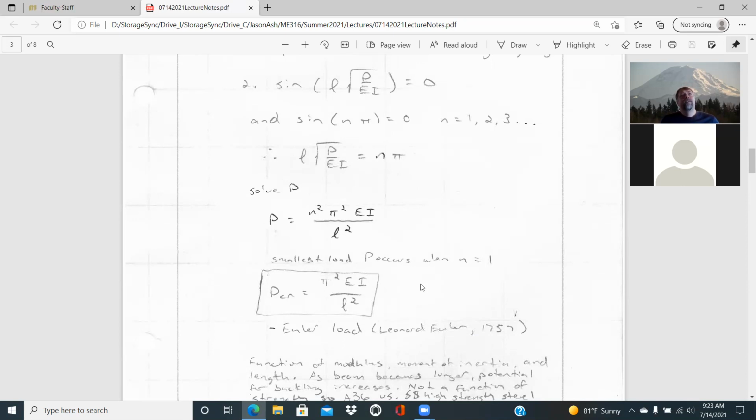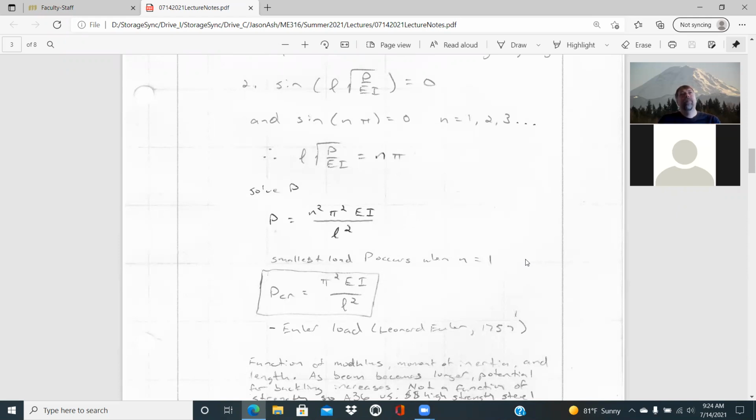And so what this is defined then as is Euler's buckling load that was developed back in the 18th century, 1757, quite a while ago. But it gives you then a relationship to determine what the critical buckling load is, a